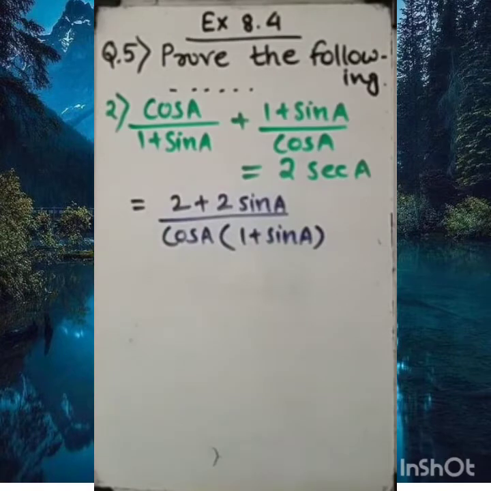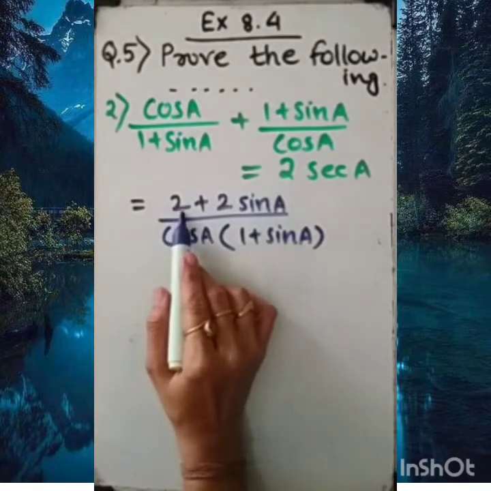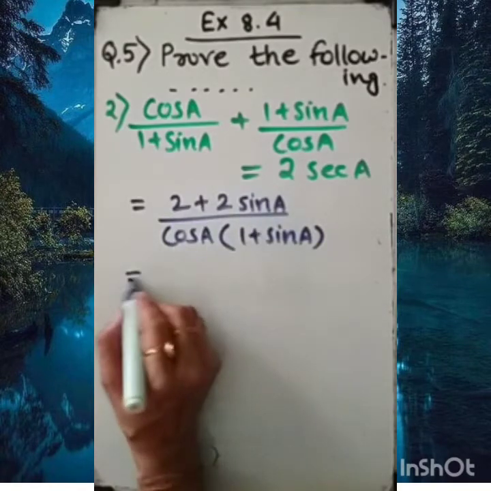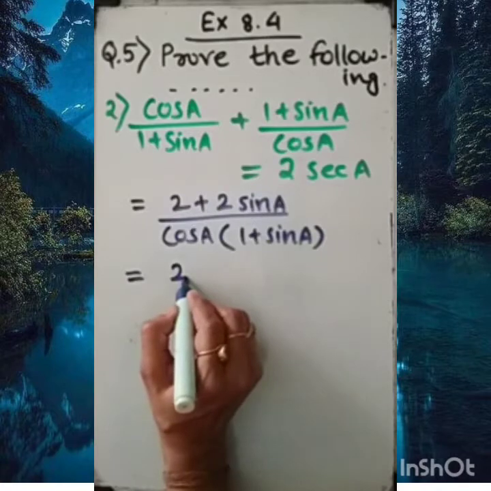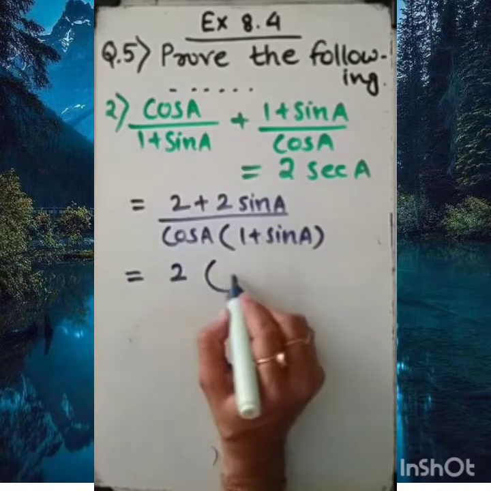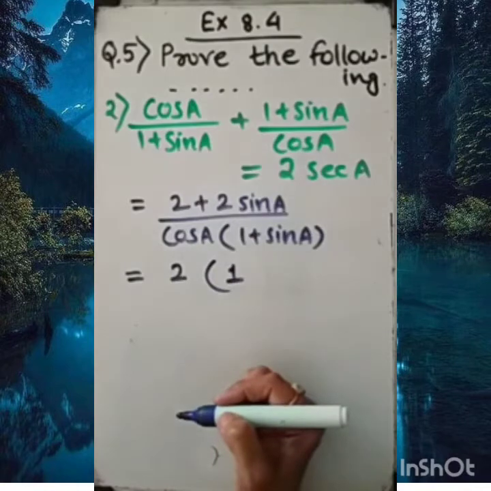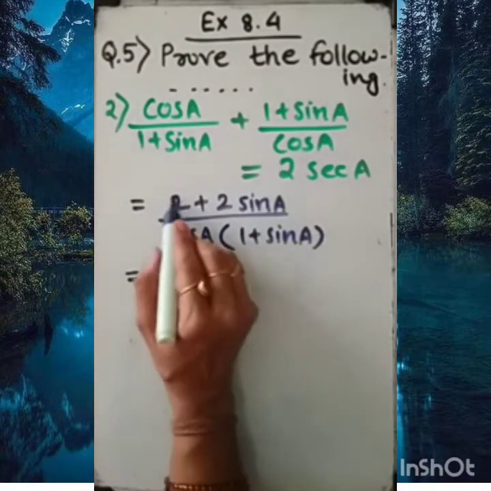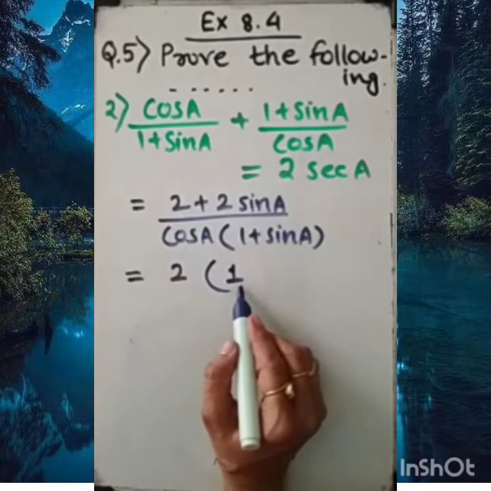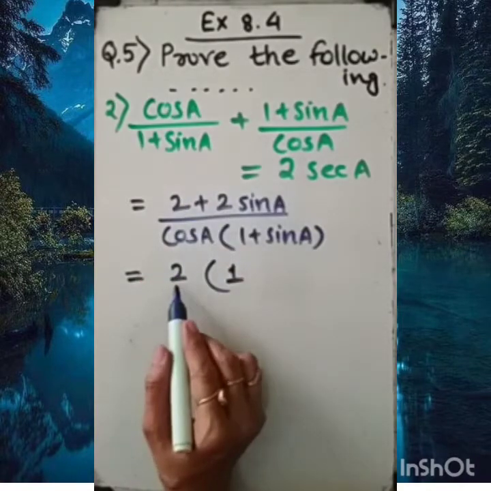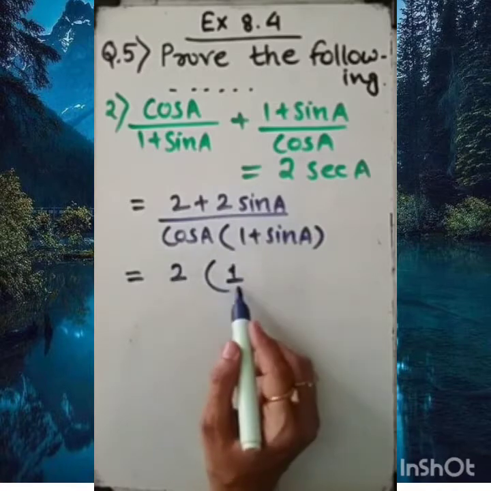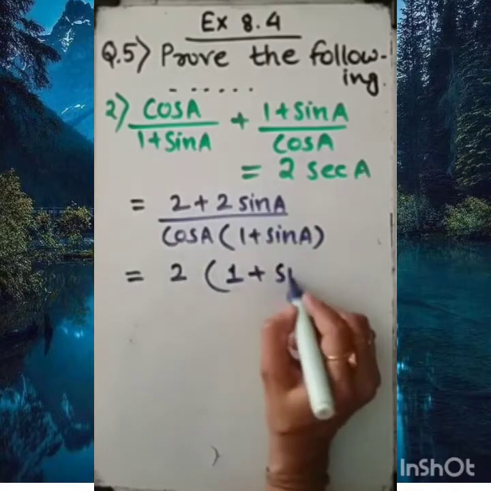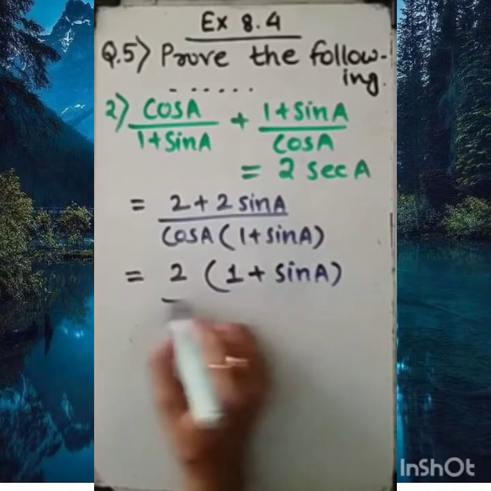My dear student, the next step: 1 plus 1 in the previous step, so here it will be 2. 1 plus 1 is 2. In 2 plus 2 sin A, from the numerator I can take 2 common. So dear student, here 2 is fully taken outside, so nothing will be left, then write down 1, because 1 is a factor of every number. So we can't write 0 here. Be careful about this as we are taking 2 common. 2 ones are 2, so 1 will be left. And of course here 2 was already outside, so sin A will be left.